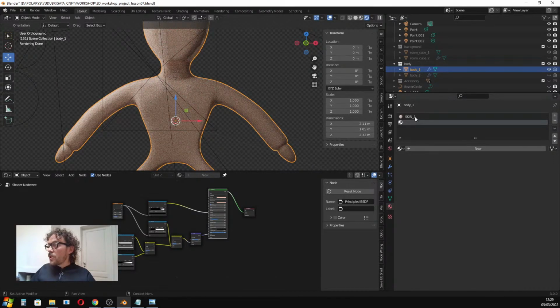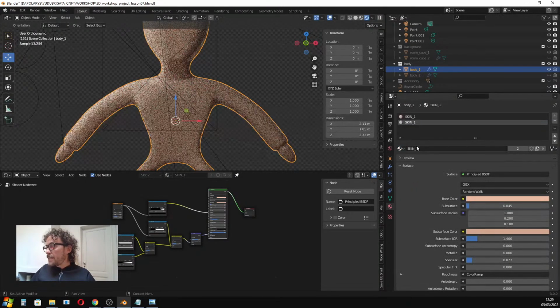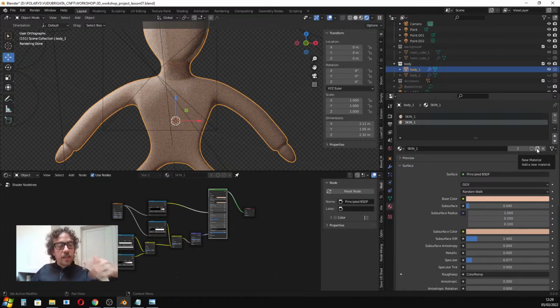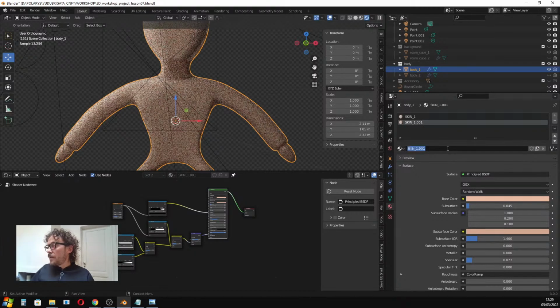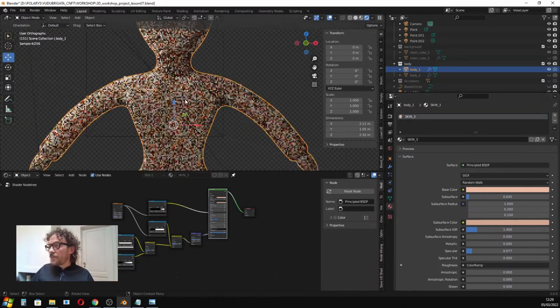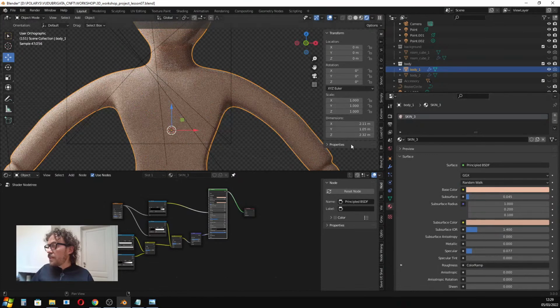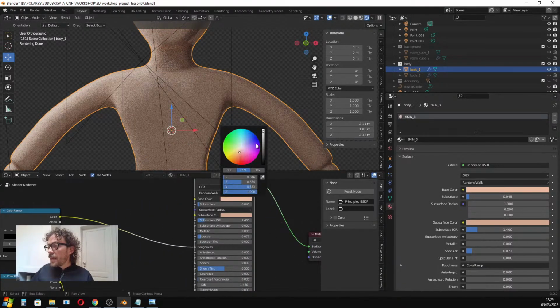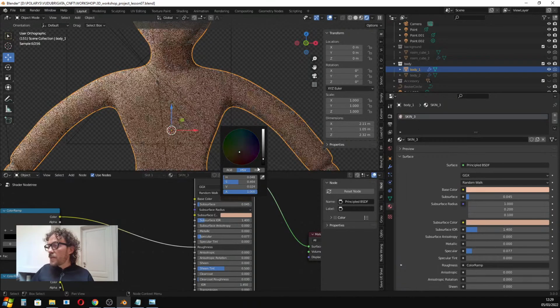I can search again for the same material, skin 1, and then now I have both of them, the same one copied. Then here I will push on this button that creates a copy, a new material out of this one I have, and I will call it, I have already skin 2, I call it 3. I say okay, and at this point, if I remove the skin 1 from my object and now I go on skin 3 and I play with the colors,